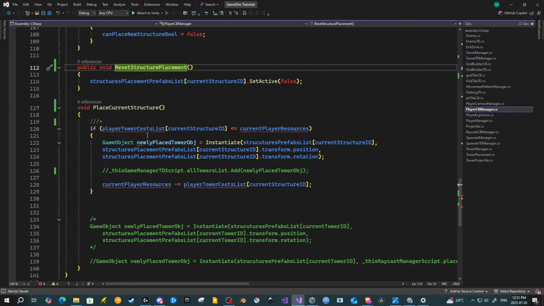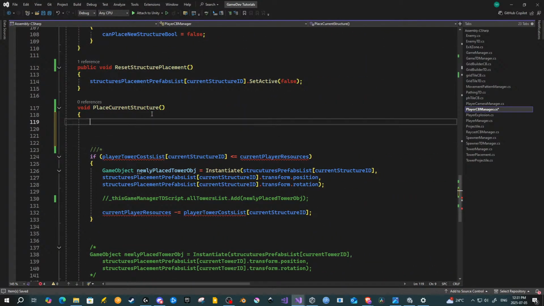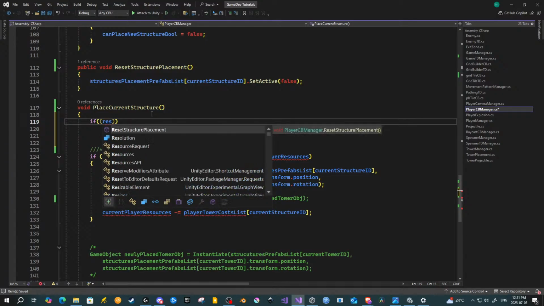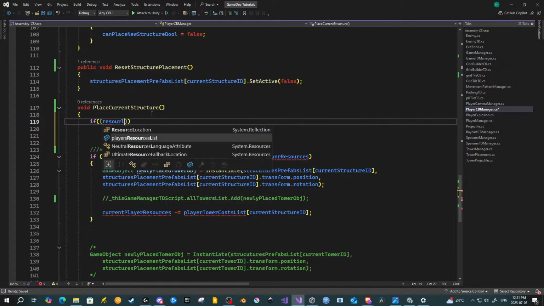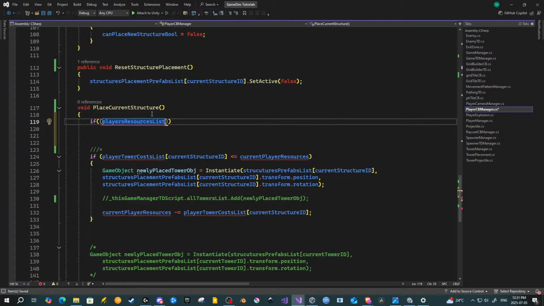Okay, and now here what we're gonna do is, if player resources list, there you go, is greater or equal to